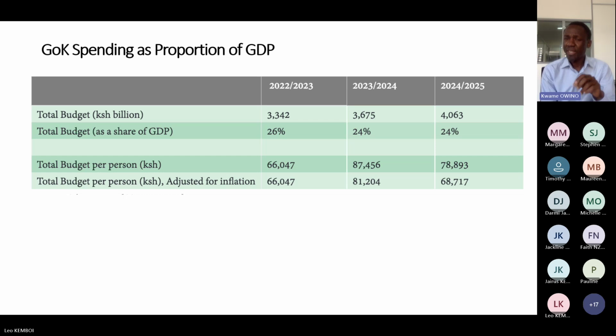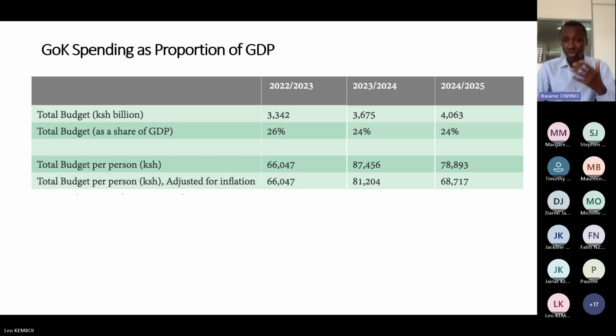So we've scaled it by asking ourselves, what's the specific amount that will be spent if you take back the value, strip out the value of inflation, and ask ourselves, we are using 2022 shillings, right? How much would be spent based on 2022 shillings? And as you can see, 2022, 66,047. In 2023, the equivalent would be 81,000. And in 2024, the equivalent would be 68,000. So it's showing you that the government of Kenya is spending about 2,000 more than it spent in